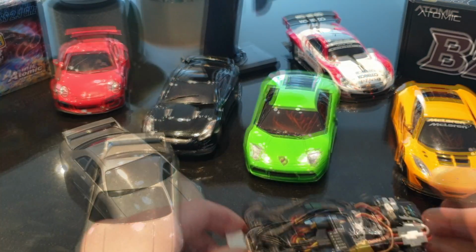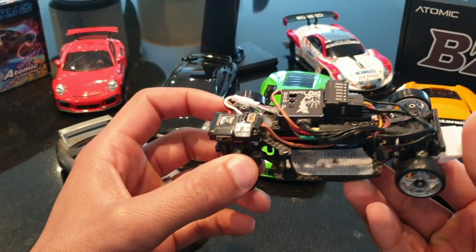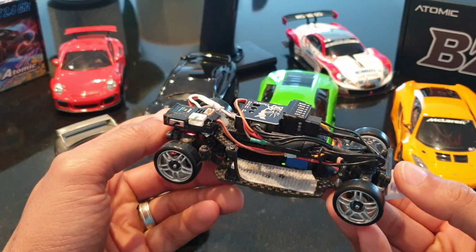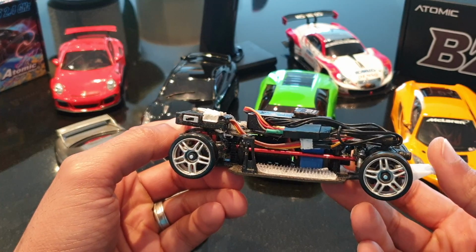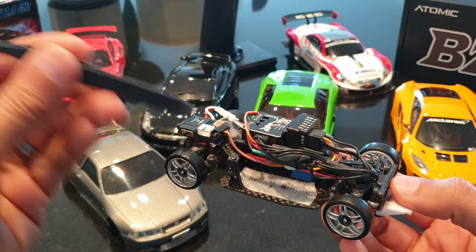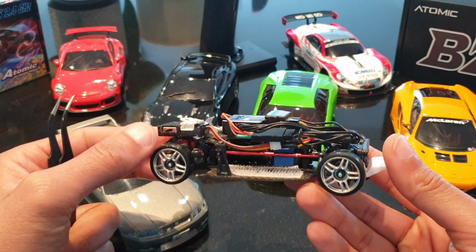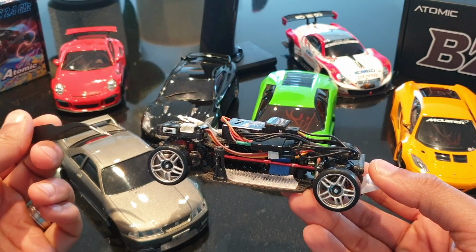Right, so what separates an atomic car from a mini Z is the way the chassis is designed and the electronics are designed. So you normally have to build the car yourself. You can get them ready built, but I've not seen any ready built on the websites for a while. So you have to build every single bit and screw it onto what starts off as a chassis plate. Because you build it yourself, you understand the car straight away,